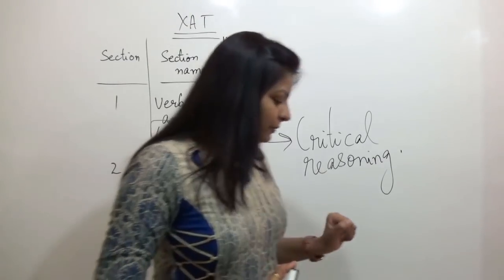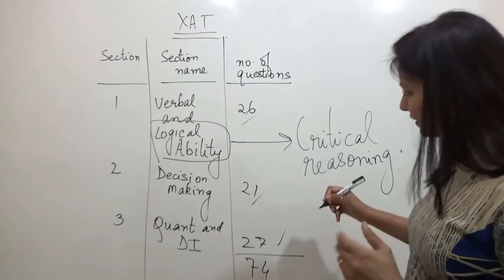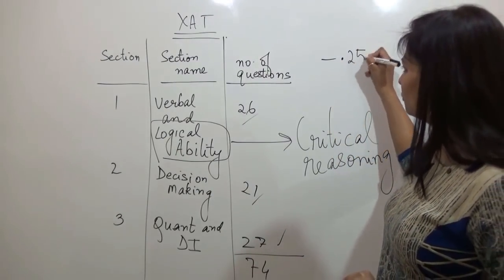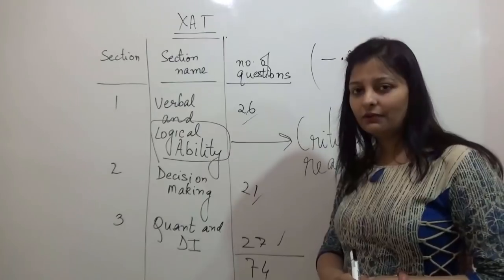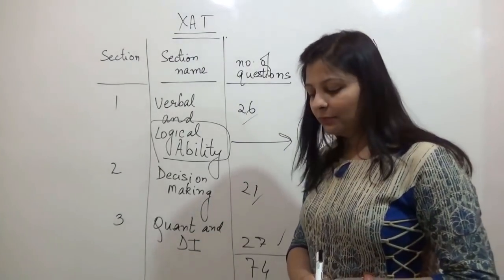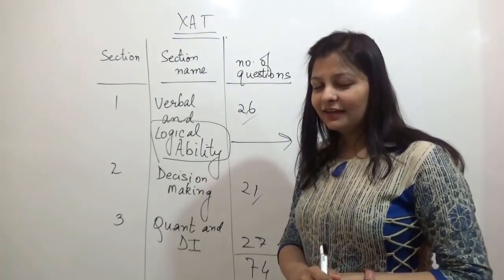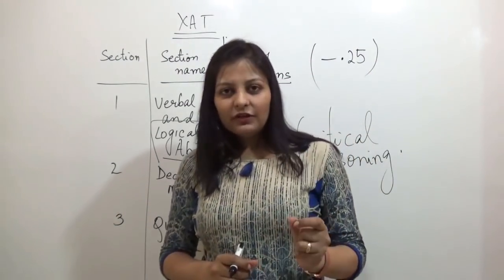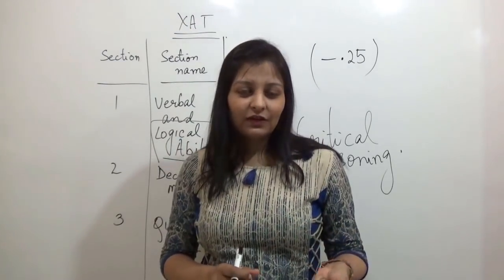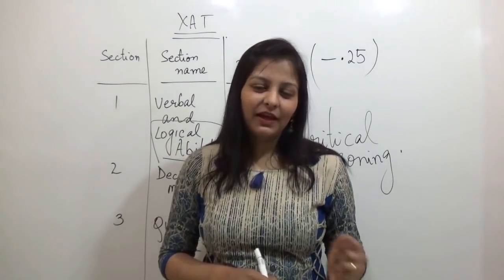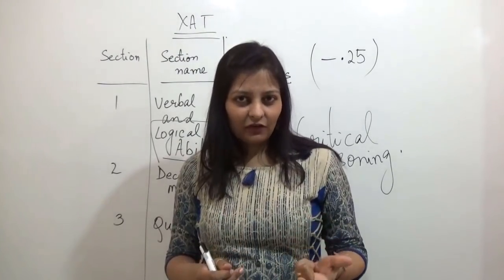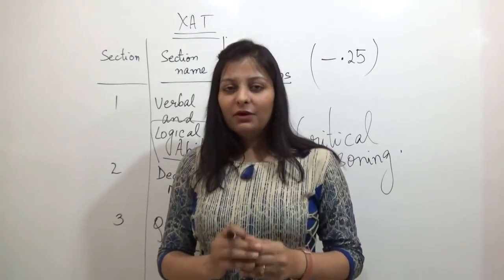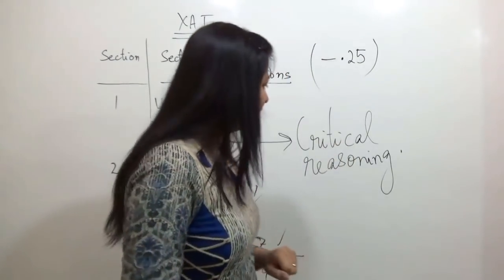Now, what about negative marking? There is a negative marking of 0.25 for every incorrect answer, that is 1/4 of the marks. And now there's something else that is unique to XAT. Beyond a certain number of unattempted questions, there's going to be negative marking. Last year it was 8. So you could leave 8 questions unattempted, but beyond that, there would have been a penalty of